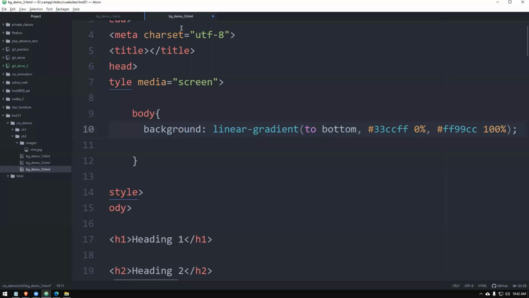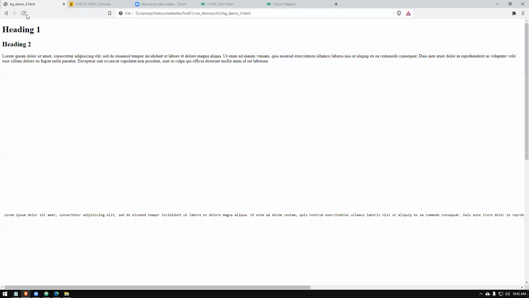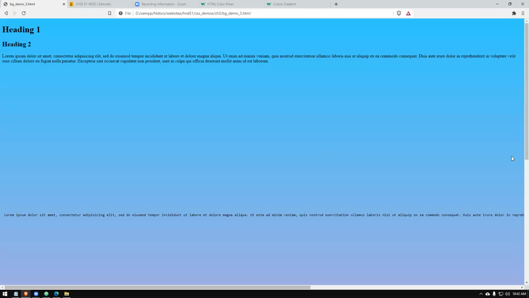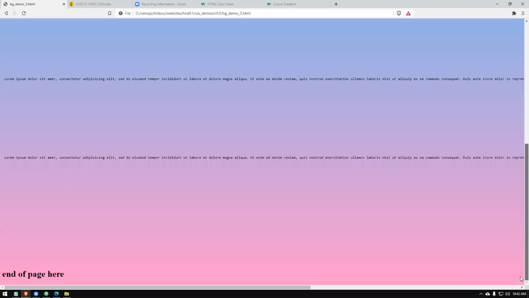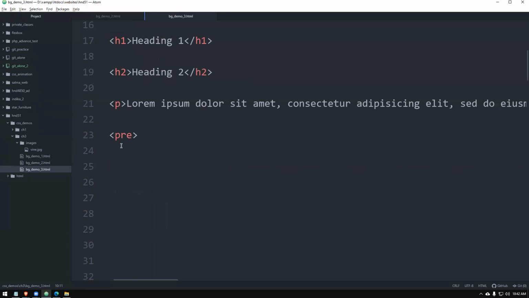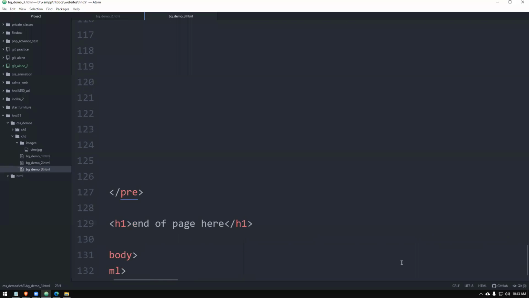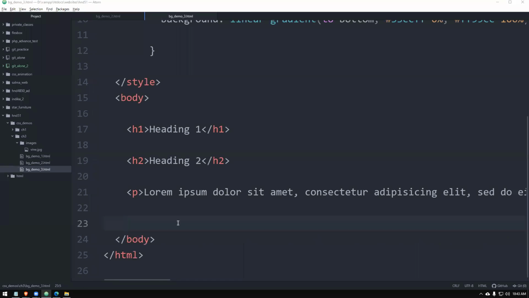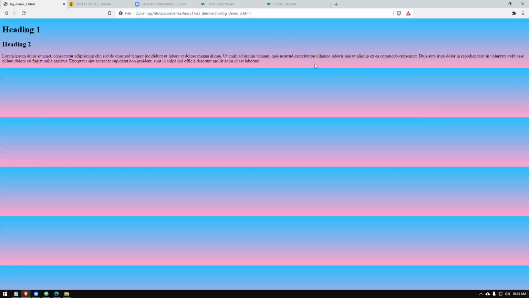Something wrong. Right. We'll save that. Yeah, I think you can see this. This is a tall page. When you scroll it down, the color is there. So in order to make it easier to understand, let's delete this, the whole thing. So the size of the page is up to here, so it is repeating. Okay, so that's why it is repeating.